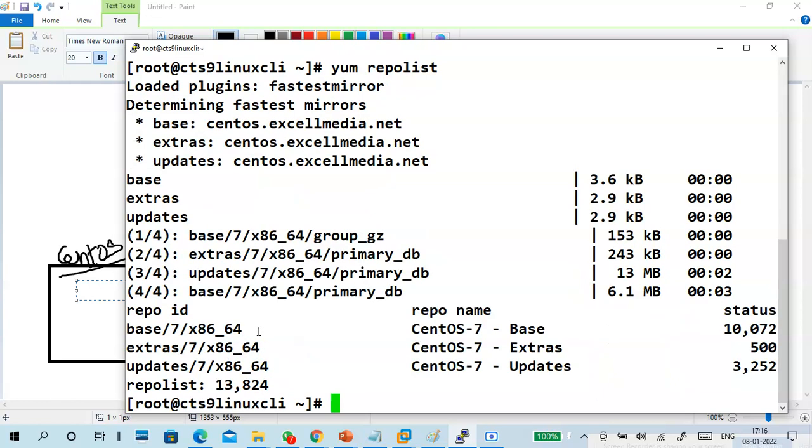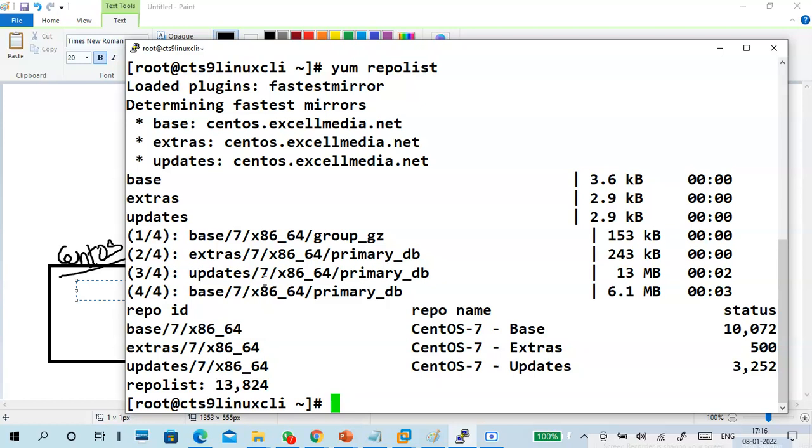Base I showed, extras is showed, updates is showed. Last one is CentOS plus. Not showing here. You know why? Because enabled zero means disabled. That's why it is not showing.